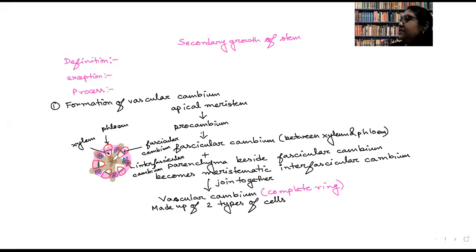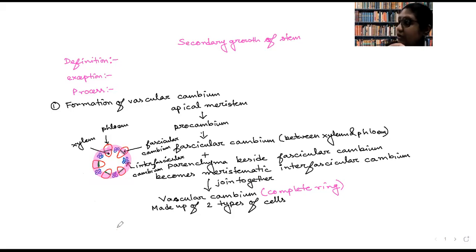Okay, but once these primary xylem and phloem, that is protoxylem and protophloem, go for secondary growth, the structure will not be the same. This structure is observed in the stem of a dicot plant when secondary growth has not occurred. Once secondary growth takes place, the structure will no longer be like this. It will never be like this. Why? Because there will be formation of secondary xylem and secondary phloem.